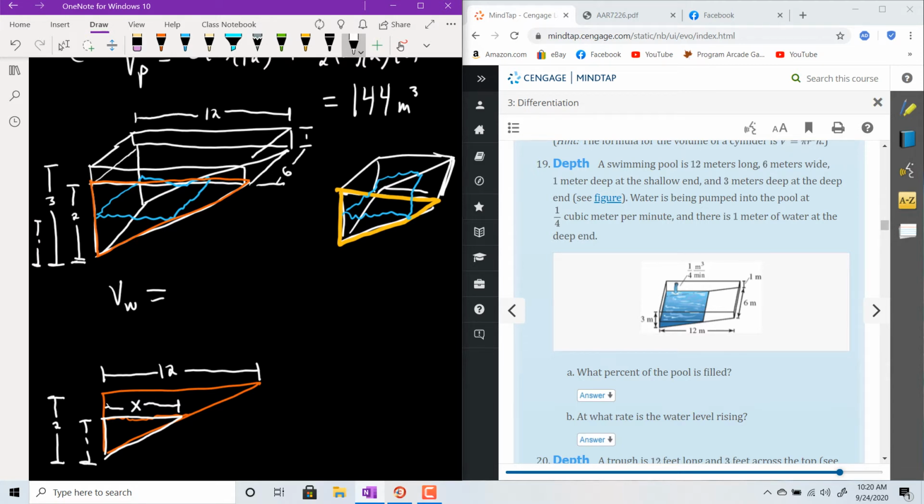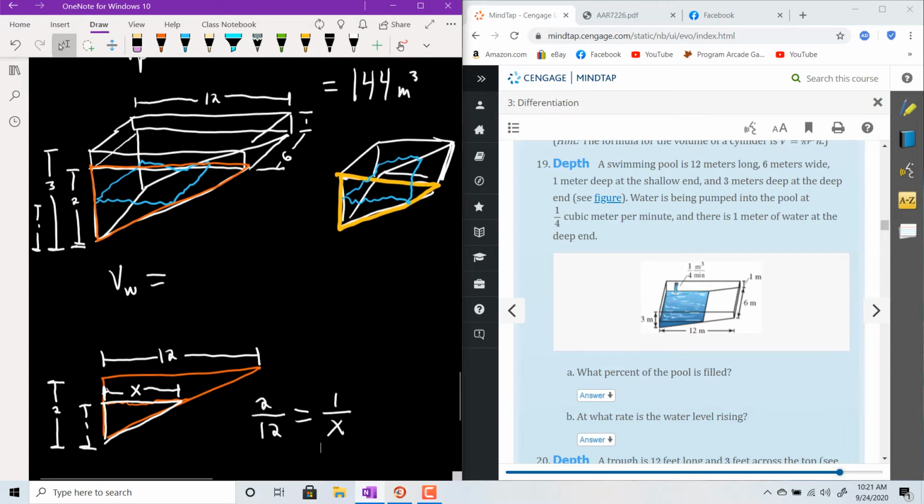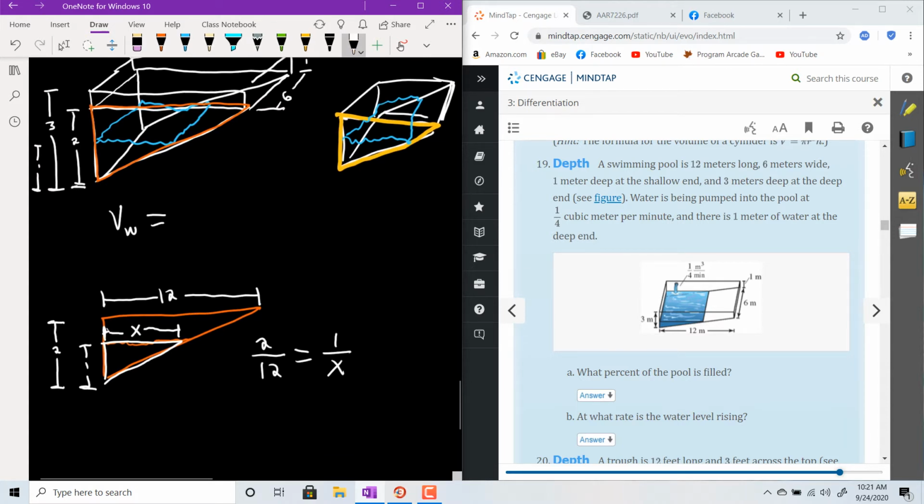I need that for the base of the triangle, one half base times height. But I can use similar triangles. So I'll say 2 is to 12 as 1 is to x, and then solve for x. Cross multiplying, I get 2x is 12, and then x is 6. So the volume of the water is one half base, which is 6, times height, and then times this depth of 6. 36 divided by 2 is